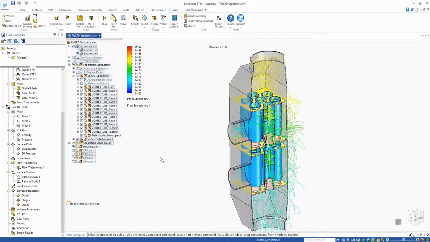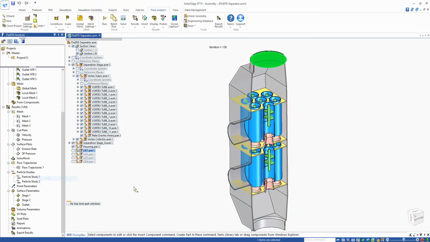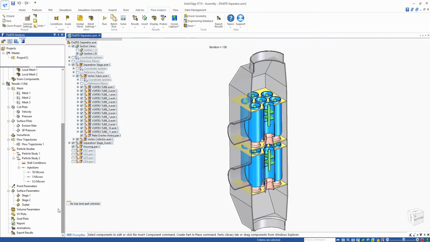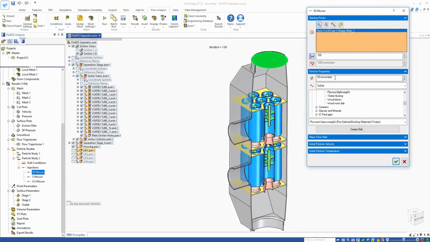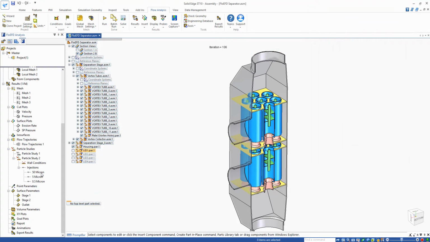Okay, but because we want to understand what the separation efficiency actually looks like, to do that we can use something called a particle study. So let's activate this particular particle study. Now I've got 3 injections: 50 micron, 5 micron and 0.5 micron injection into this model. If I just edit this, you can see that this is going to be a 50 micrometer, 100 injections, and I've got a plywood material on here at 50 micron, and we want to understand what the flow looks like. So let's just activate this,